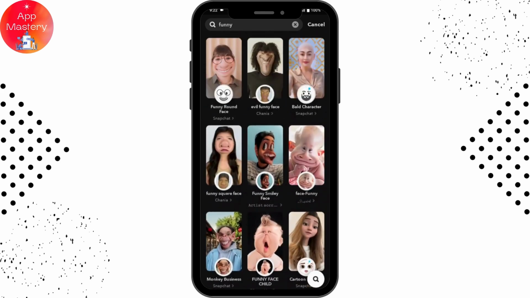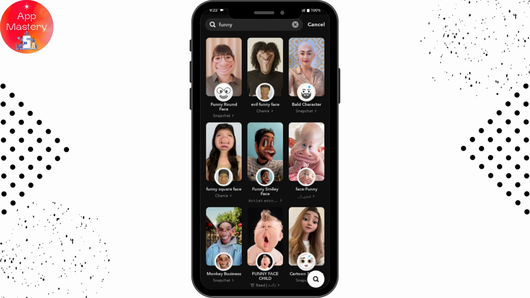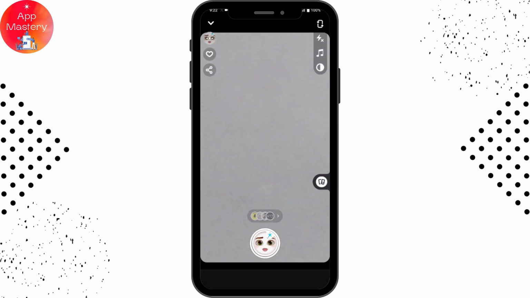So that's how you search filters on Snapchat. And after searching, you can simply choose any one of that and then you can use that filter. So that's how you search filters on